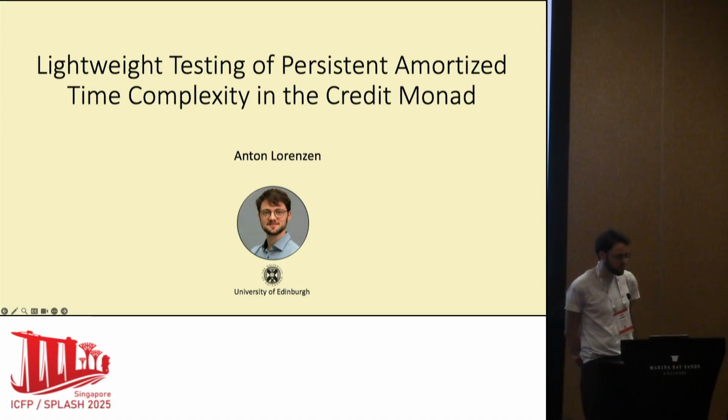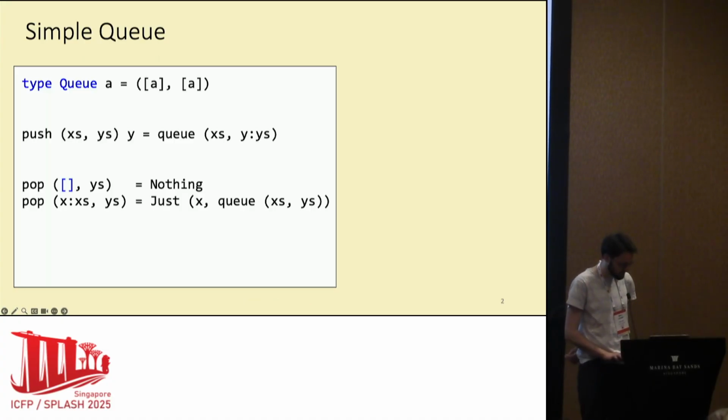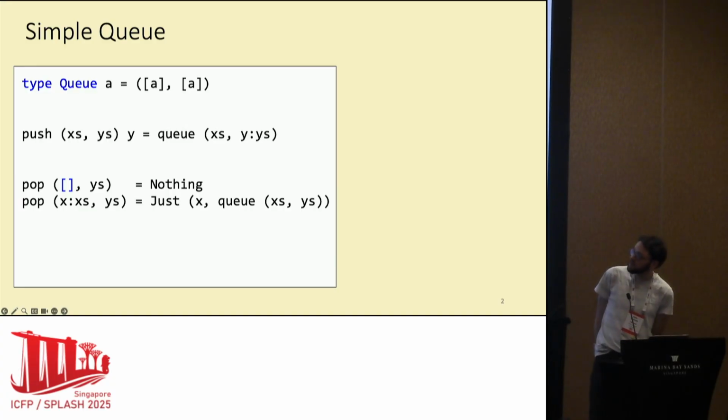But to start with, I want to start with the amortized time complexity, and I want to explain why that's a concept that matters. So let's look at probably the simplest queue you can imagine in Haskell, and you've probably written a program like this. So if you want to have a queue in Haskell, you take two lists, a front list and a back list. You push by putting something onto the back list, and you pop from the queue by taking something